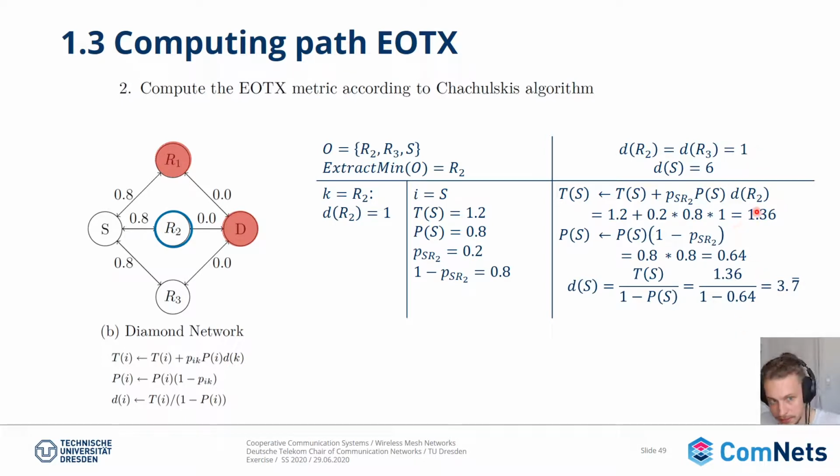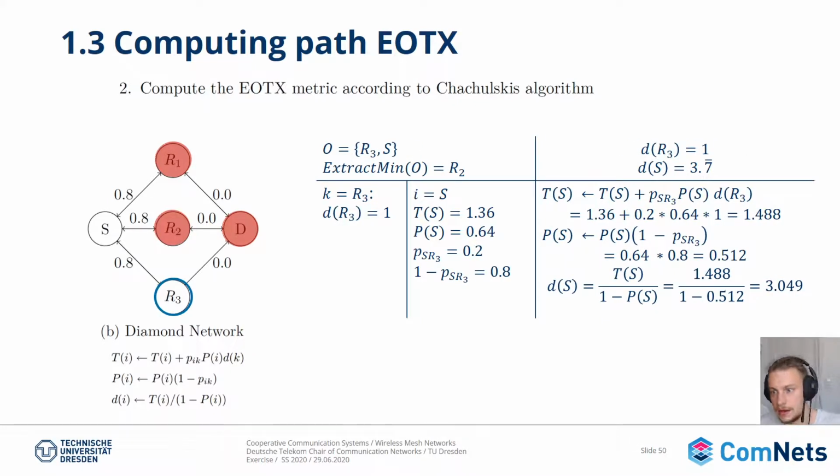But now the result changes. So now S would use both of those nodes as relays, and consequently the distance that we calculate is a lot less than it was before. And if we include the last node, then again using the t and p values always from the last update, remember this, we get the result of having an EOTX of 3.049,